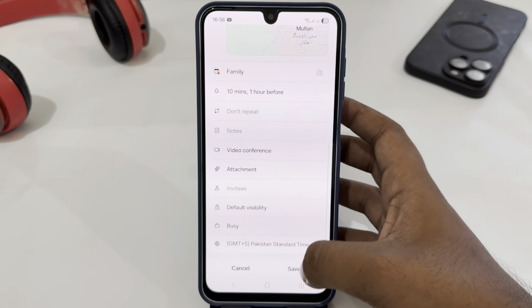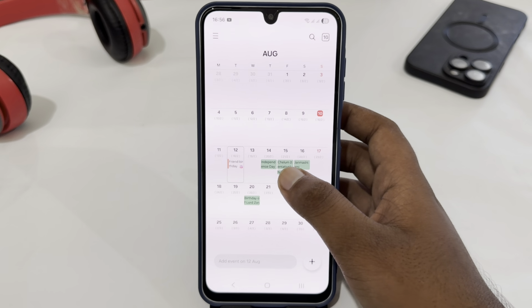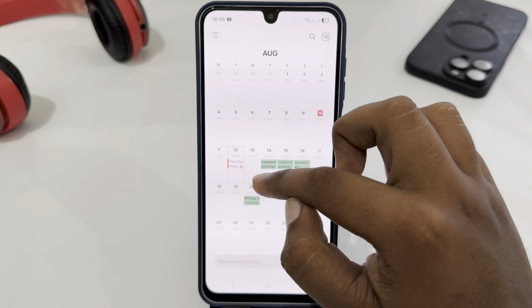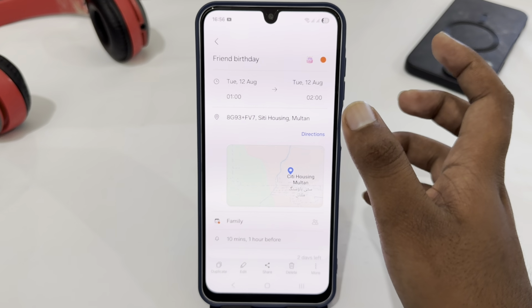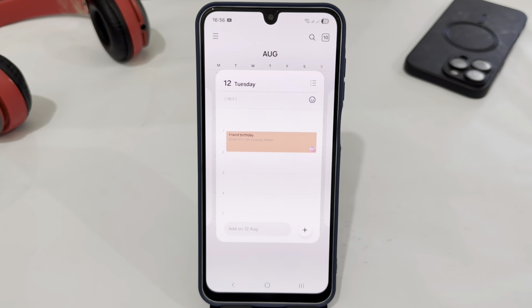So after doing that, just tap on save and it will show on your calendar just like that. Just tap on it and then tap on it again if you want to customize it. So that's how you can easily set